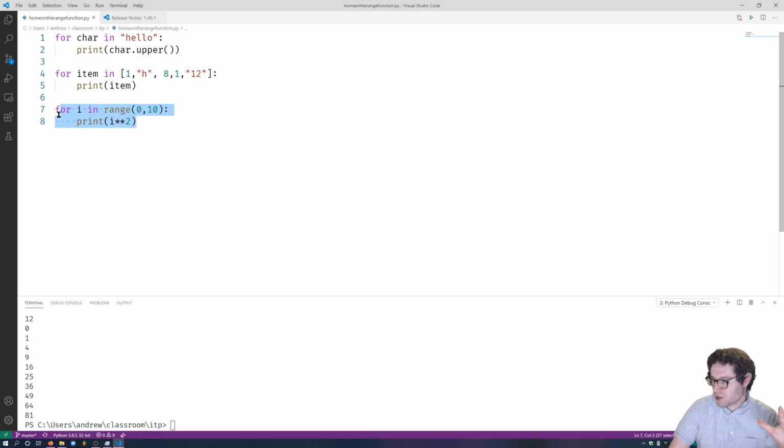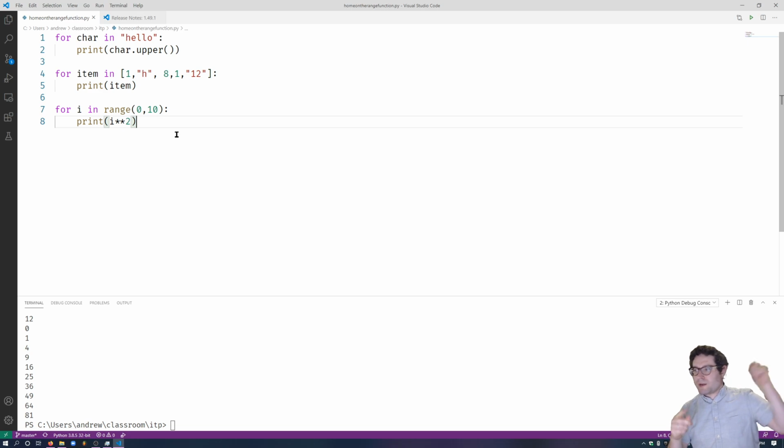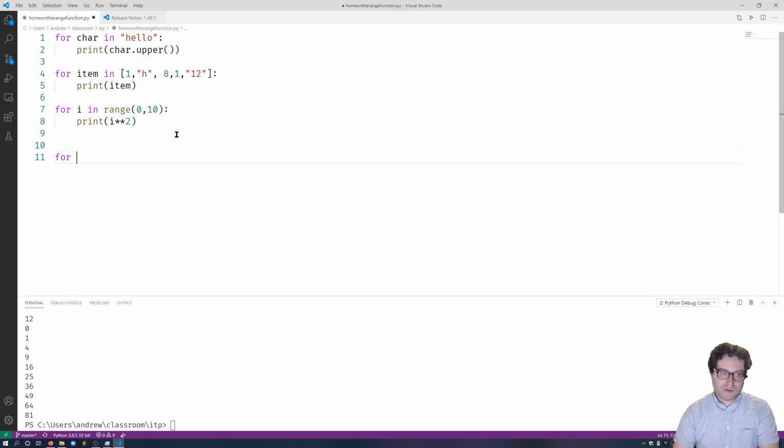So you can use the range just to create a list of numbers very quickly, a list of numerical numbers that we can use for numerical operations. But the final thing we're going to use it for, so range again is the one that we basically get double usage out of, is for index operations. So for i, and i is typically short for two things, and one of them is not the imaginary value. i is short for integer, or i is short for index, and I'm just going to spell out index here, for index in range